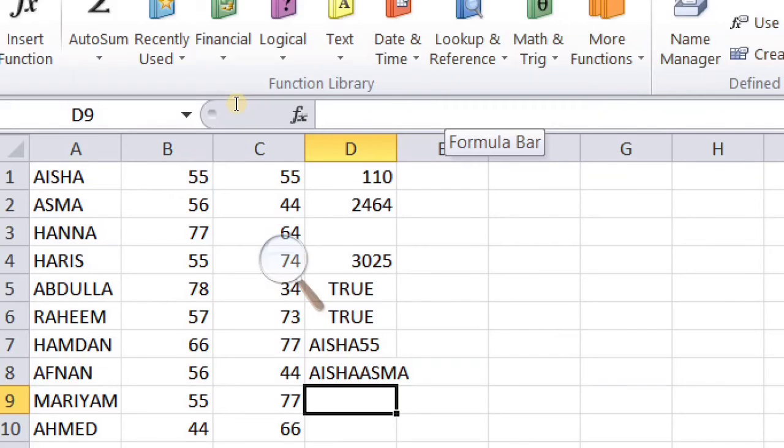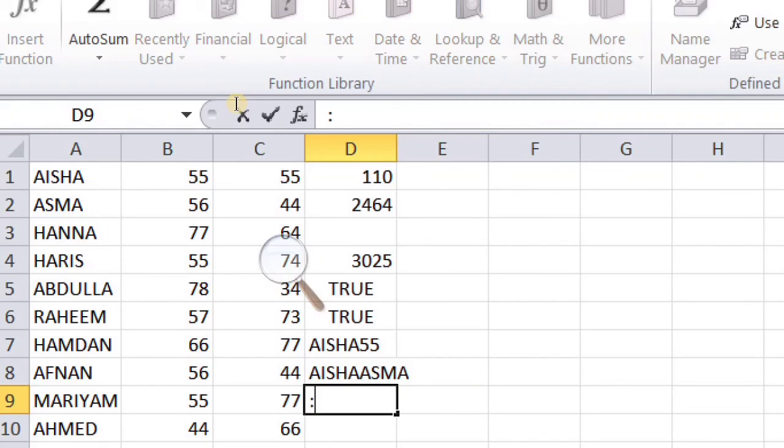Next we have the reference operator. There are three types of reference operators: colon, comma, and space. The colon is called the range operator.